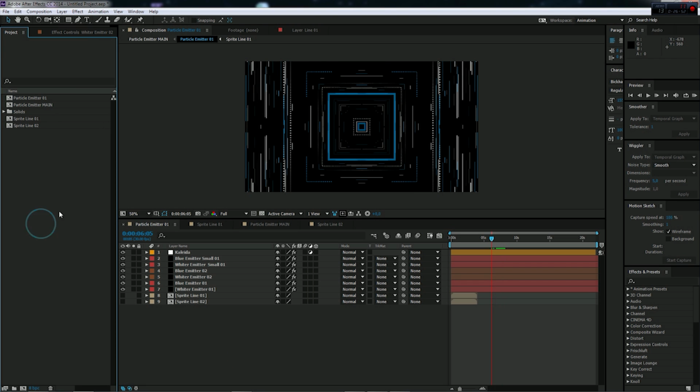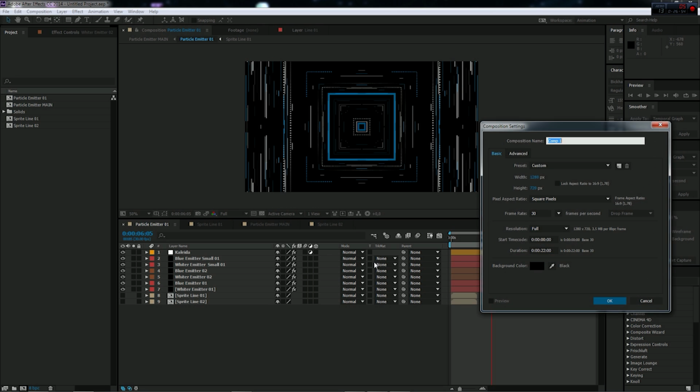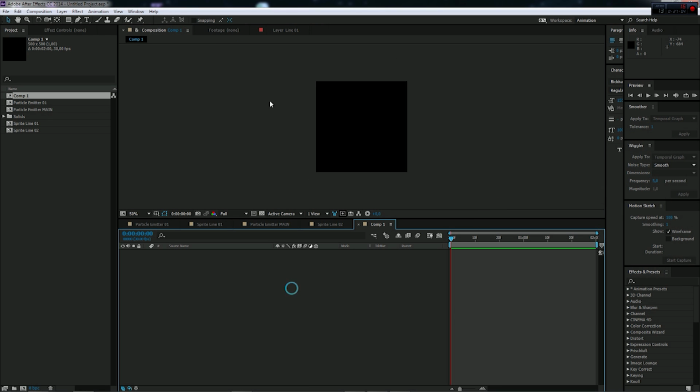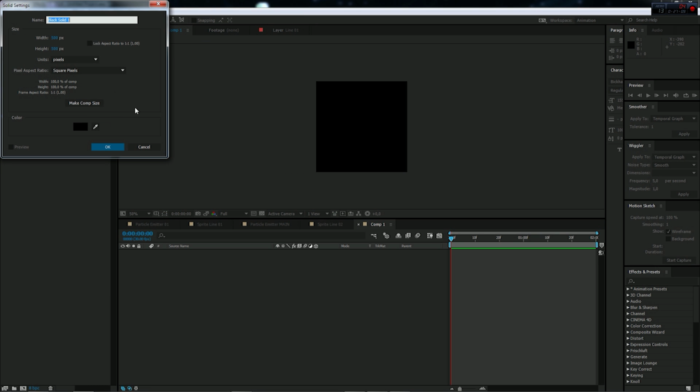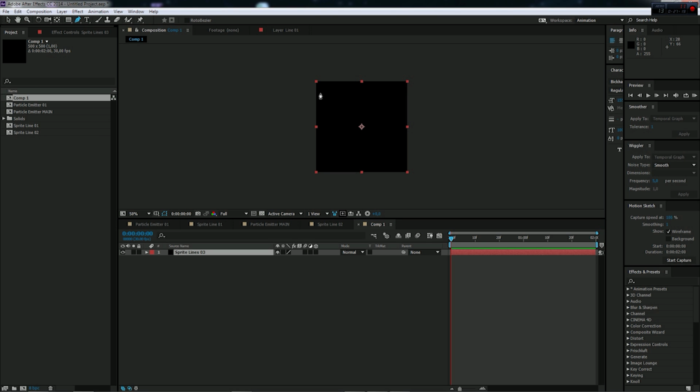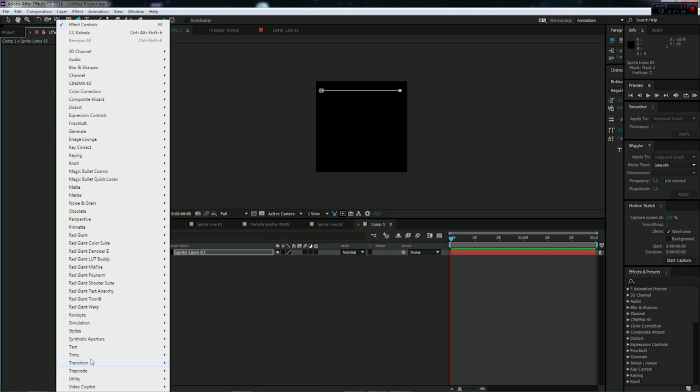Now, another cool thing we can do is create a brand new sprite, make it 500 by 500 and 2 seconds long. Add a new solid, make it comp size, name it sprite line 03, create or maybe trace a new line on it, add 3D stroke,